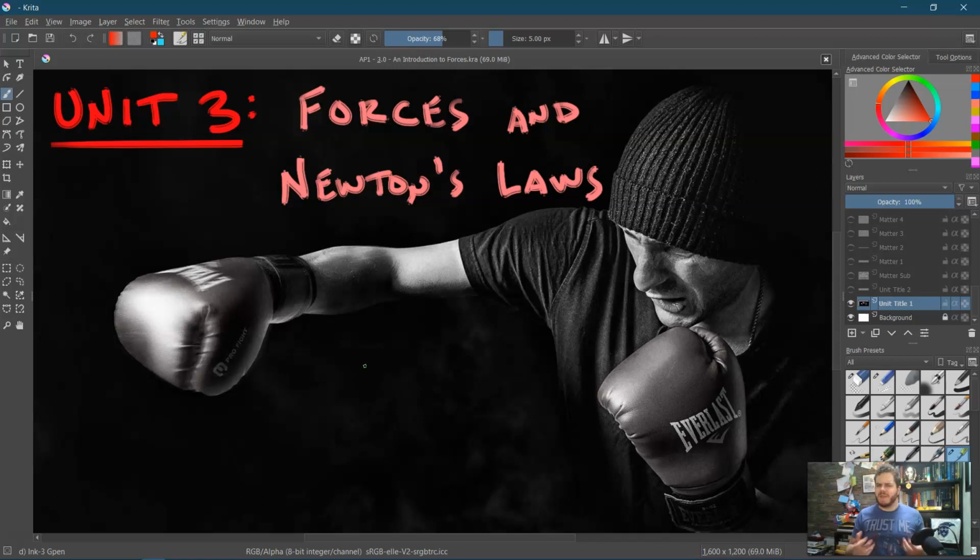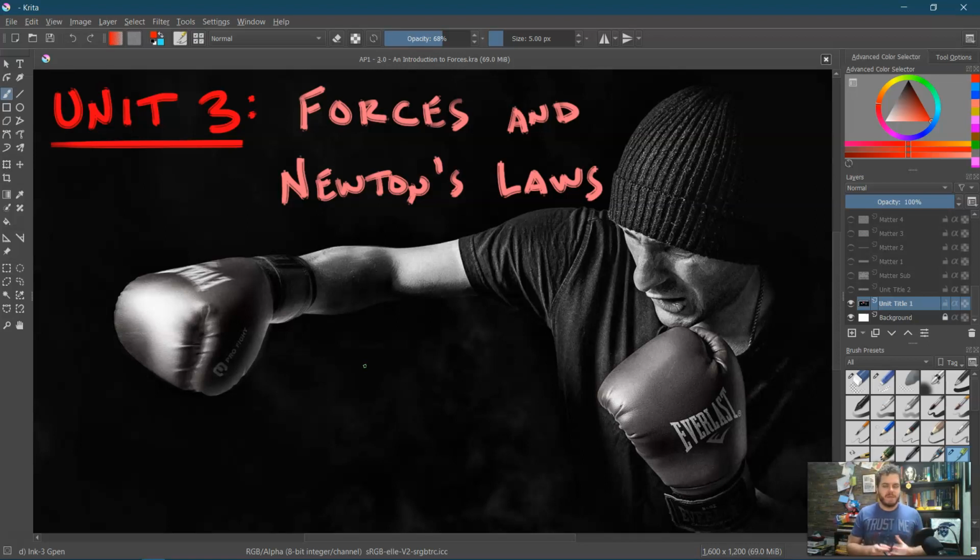So up to this point in AP Physics 1, Units 1 and 2, we've been talking about kinematics, this descriptive study of motion. How exactly does something move, what velocity, what acceleration, etc. We've not talked at all about why things move the way they do. And that's where we're really going to start working from here, which is really the more basis of physics as